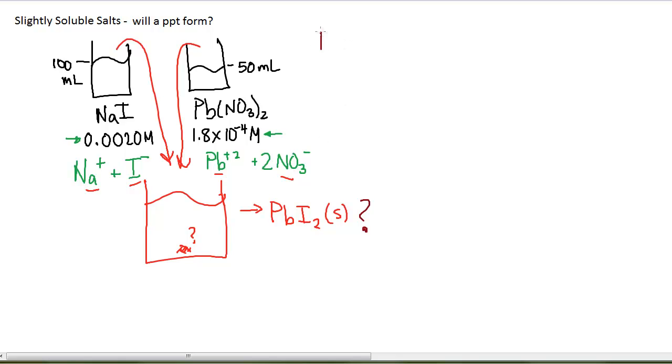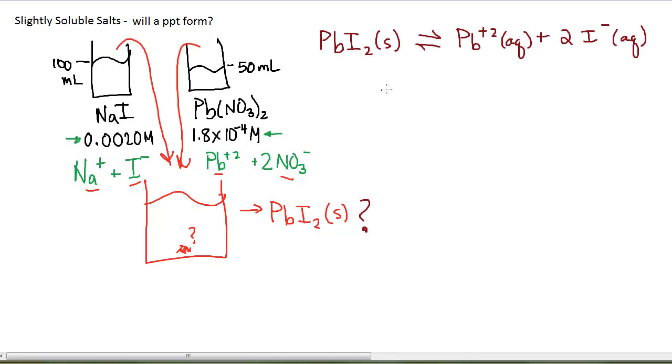So this is the equilibrium reaction that I am concerned with. That's always the first thing, or the next thing, I guess, that I have to decide when I am given my initial solutions that are mixing. Now I can make this a little easier. I can write a question that's a little easier than this by just saying, hey, I've got lead ion concentration and iodide ion concentration of certain values, just straight off the bat. It's a little more difficult when I say I've got sodium iodide and lead-2 nitrate and I'm dumping them together. Then you have to figure out that it is the lead-2 iodide that I'm talking about